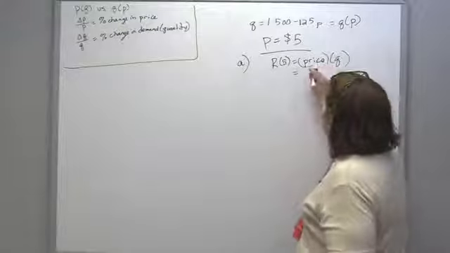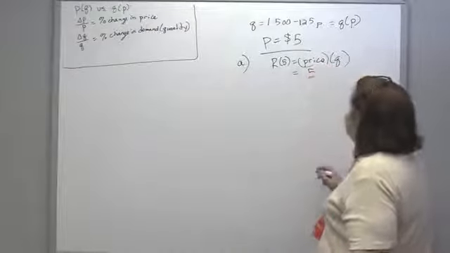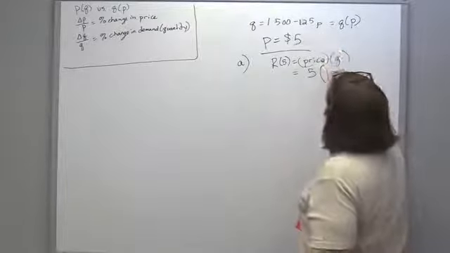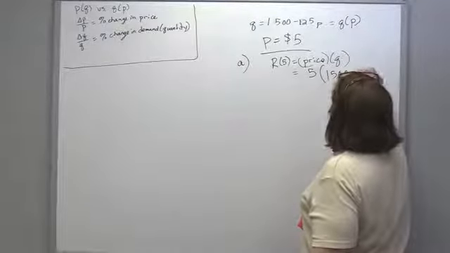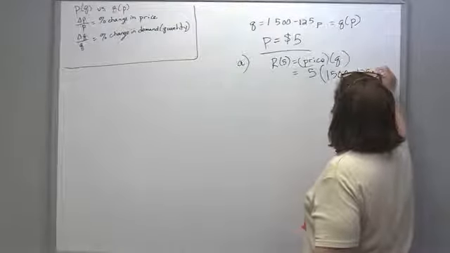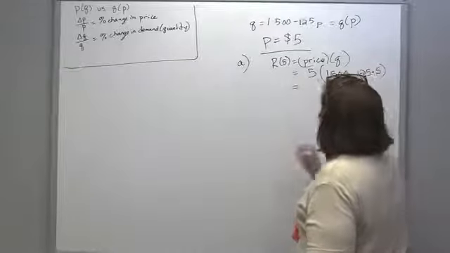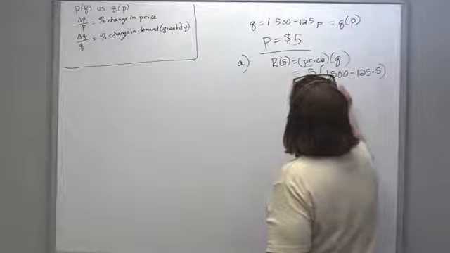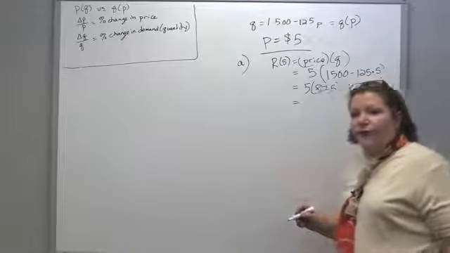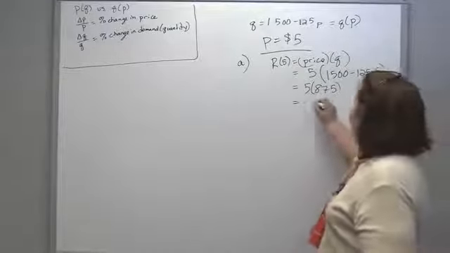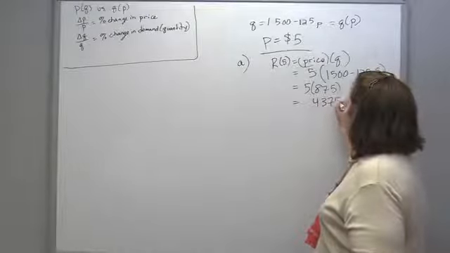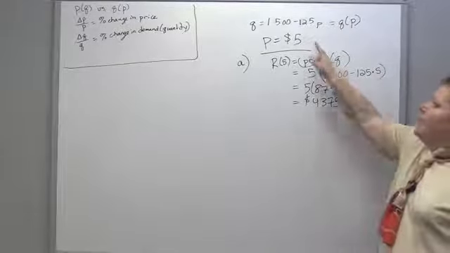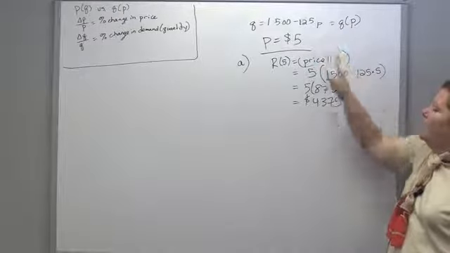Now it's the reverse: our price is $5 and Q has the fancier formula, 1,500 minus 125 times, in this case, 5. So we get 5 times 875, and our total revenue is